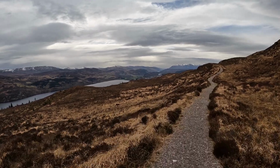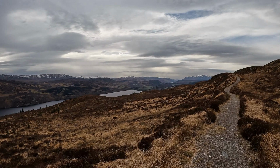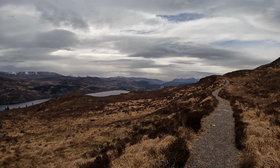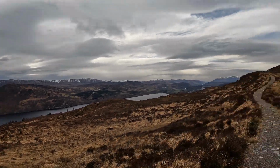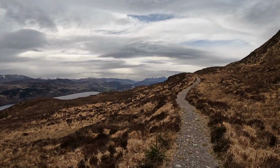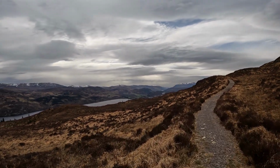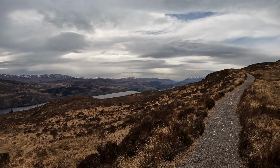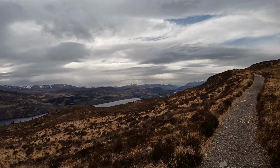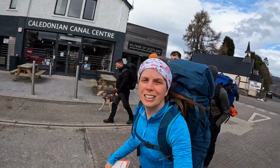We're still up on the high route and it's a bit breezy, to say the least, but some tremendous views down over Loch Ness and out towards what we believe is Ben Nevis. We can just see Fort Augustus at the foot of the loch now before we get a bit of the Caledonian Canal and then onto Loch Lochy, which we'll be walking along today, well, this afternoon. Get onto the right side of the canal first, but then you can...